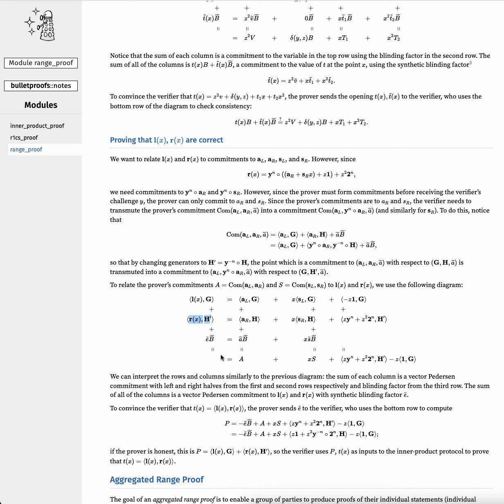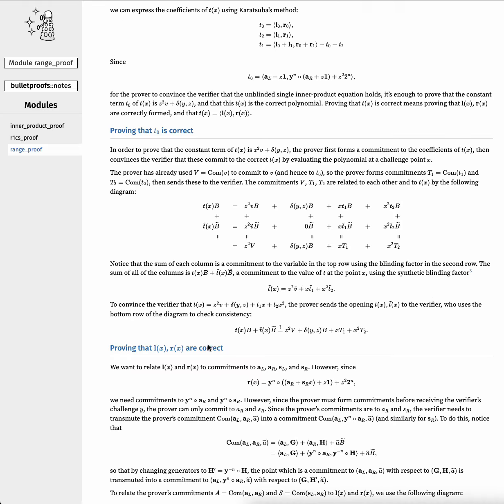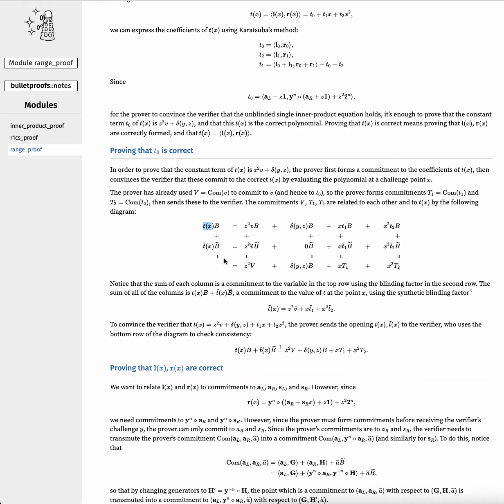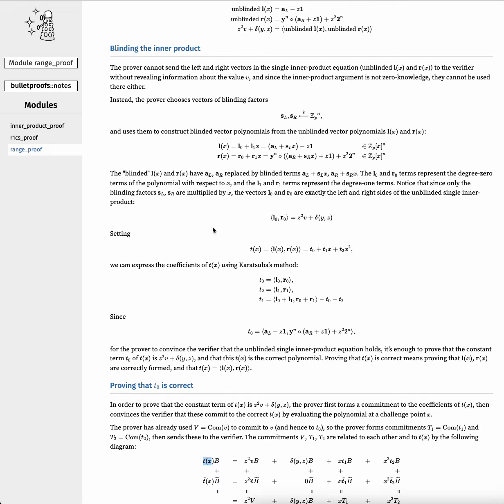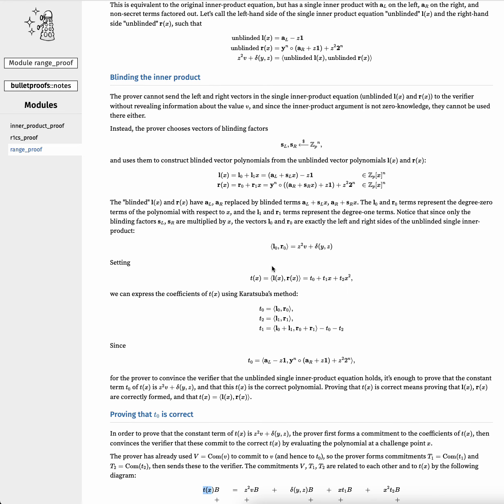Okay, so if that made sense, let's look at how we give that to the inner product, right? We give this P, which is all of these things minus this blinding stuff to remove the blinding factor. And then we give it to the inner product with T of X, which the prover has given to us. The inner product is going to tell us if it's true or not, okay? So now we need to look at this output, and we need to prove that it's equal to the stuff that we expected. This was the unblinded stuff. The blinded one is a T of X, where the constant term is correctly formed, and then we have some garbage in the X and X square